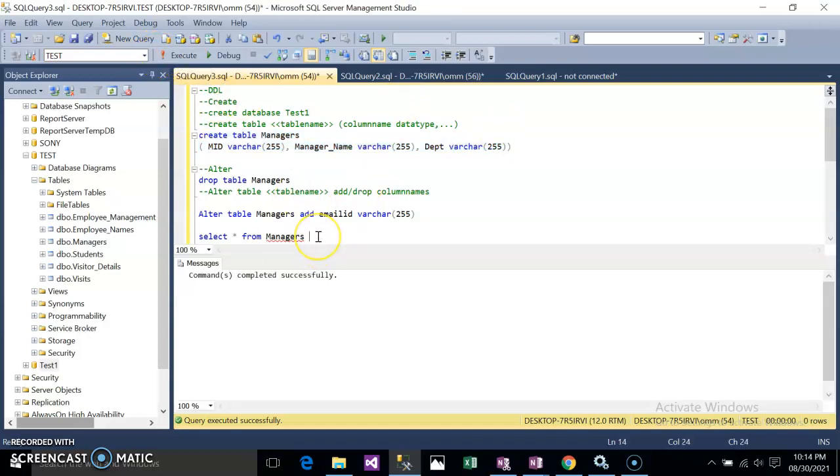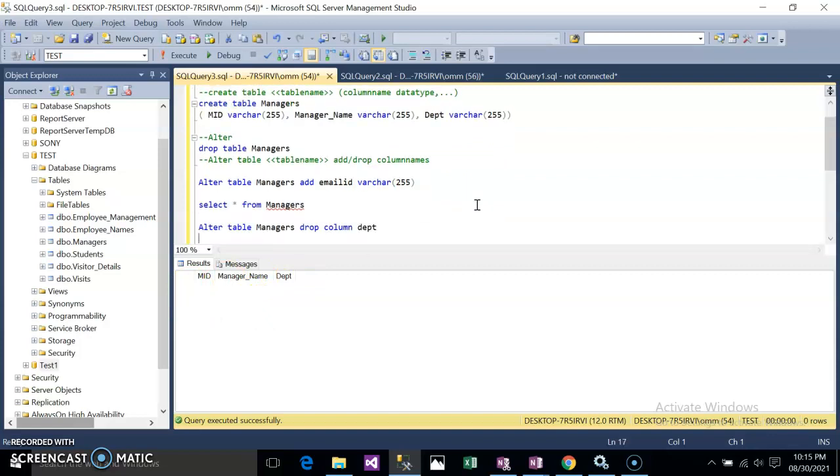Let's see if I have created one table like this. So it should be MID, manager name and department. So here I have not inserted any of the rows, so that will be done by DML commands. I have already explained. So let us see the next one.